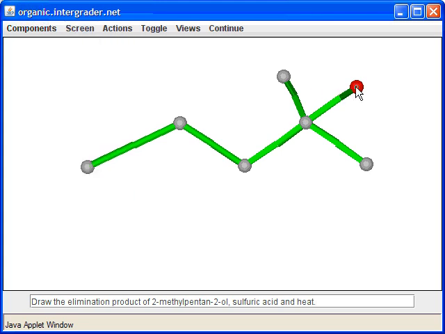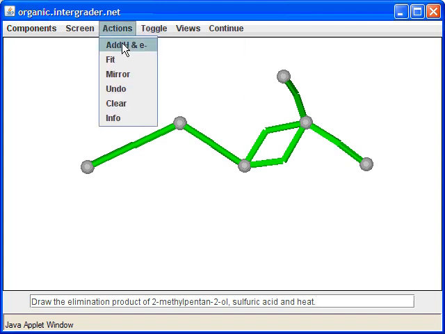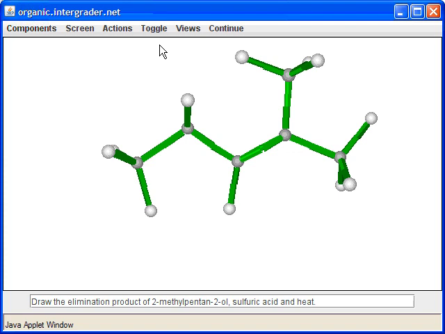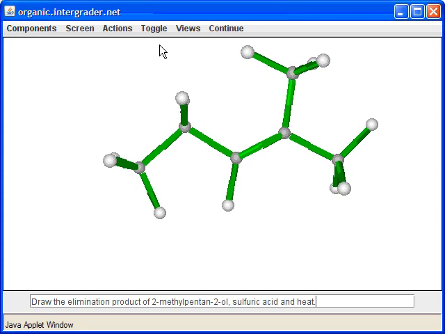So let's go ahead and delete, and we'll go ahead and bond between here. Again, if there was some stereochemistry right here, you would try to make the most stable double bond where you have the larger groups away from each other to reduce steric interactions. Now let's add all the hydrogens. And so again, we remove the hydroxyl group as water, we remove the hydrogen from the vicinal position, and we got to this compound.